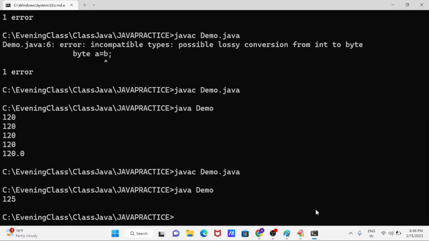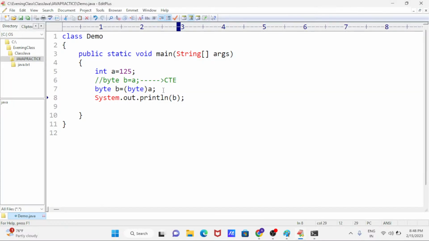This process we can call narrowing, alias explicit typecasting. Explicit typecasting.